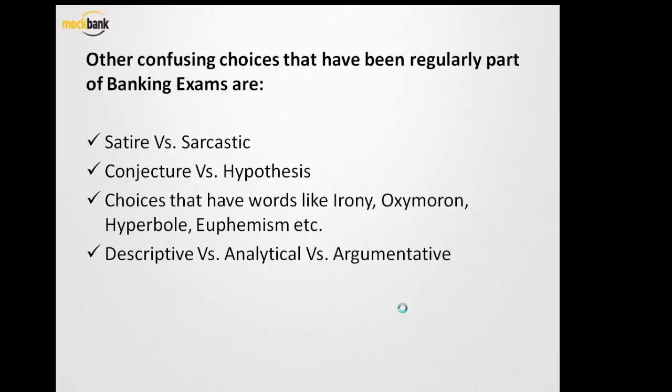Other confusing choices that have been regularly part of banking examinations are, and I would advise you to go back and do a certain kind of homework to find out the meaning of these words. There has been a lot of confusion between satire and sarcasm. The same goes with conjecture versus hypothesis. Choices that have words like irony, oxymoron, hyperbole, euphemism. These are the figures of speech and you can find out easily the meaning of these words. And words like descriptive versus analytical versus